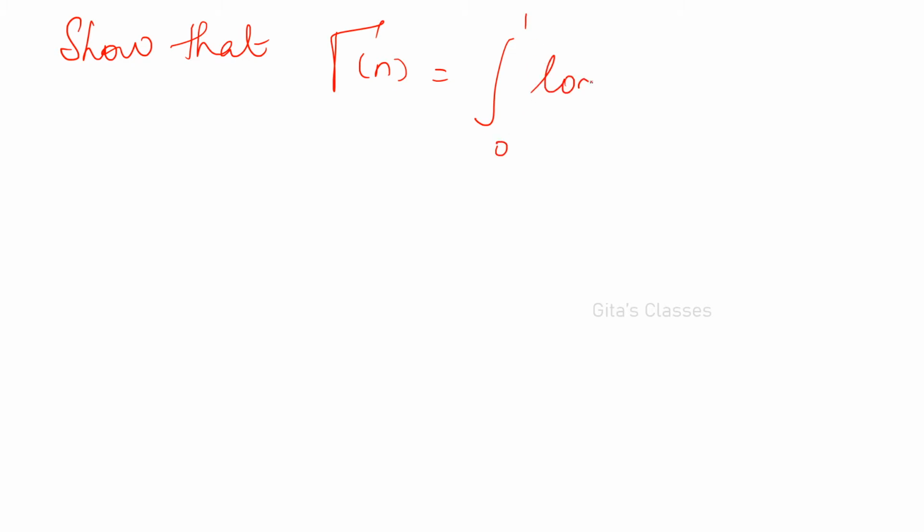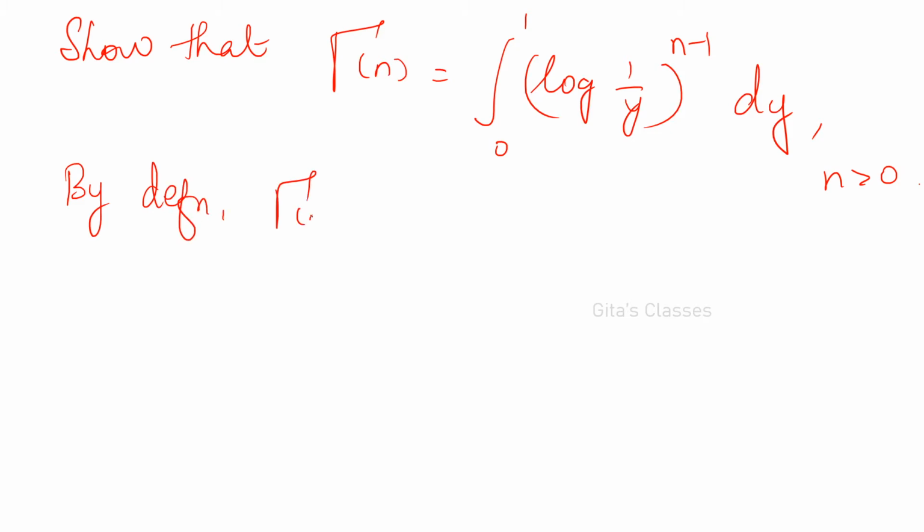So now one more problem. Show that gamma of n is equal to integral 0 to 1 log of 1 by y the whole power n minus 1 into dy, where n is greater than 0. Sometimes if you are asked to show something like this, then start with the gamma of n definition. Then you have to make the proper substitution. How to find out what is to be substituted? I'll tell you. See, by definition,